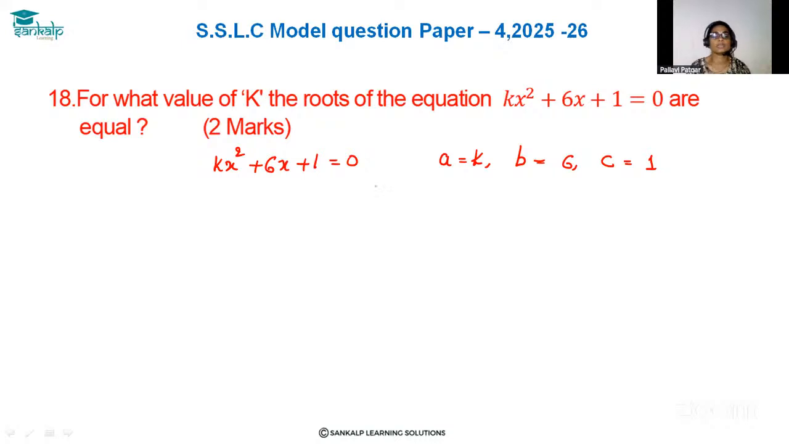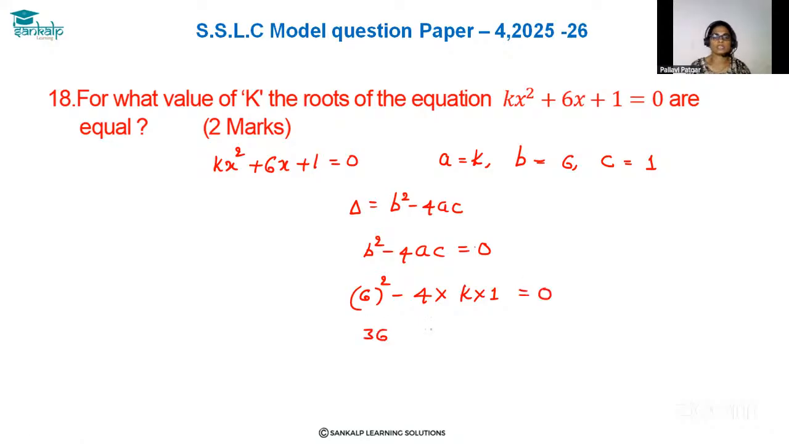The discriminant is given by the formula delta is equal to b square minus 4ac. So here this is 0. So b square minus 4ac is equal to 0. Substitute the values. Here b square is 6 square minus 4 into a, which is k, into 1 is equal to 0. So 36 minus 4k is equal to 0. So 36 is equal to 4k. So 4k is equal to 36 divided by